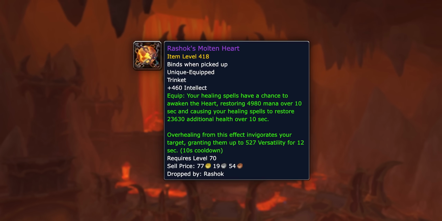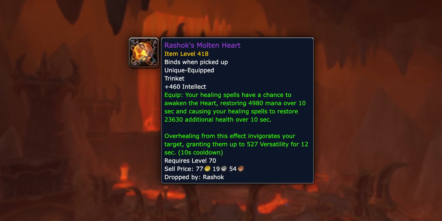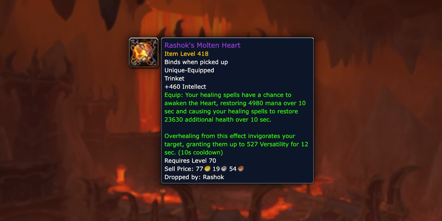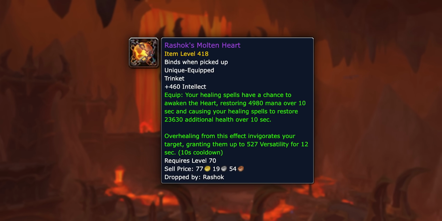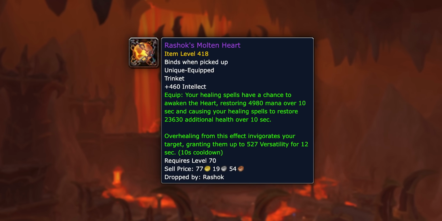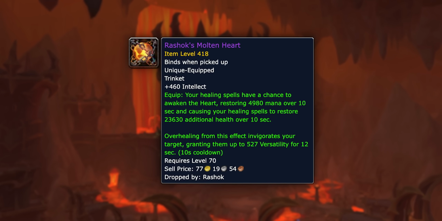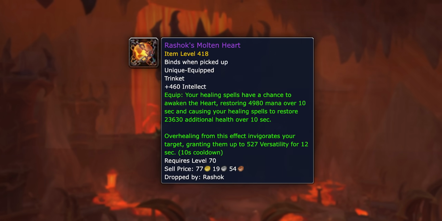Healers can enjoy Rashok's Molten Heart, I really want this after my chill globe, a mana trinket that grants a random chance for a flood of mana and a healing boost. And plus, when that proc is active, your overhealing actually gives your target versatility, enabling you to maybe boost tankiness a tiny smidge? If you're willing to risk it for greater rewards, then Neltharion has class trinkets like the Calls